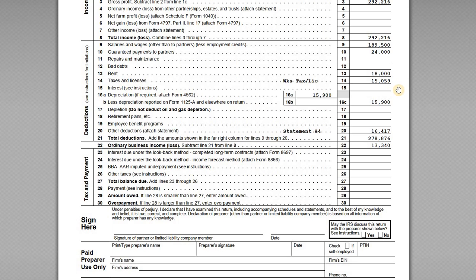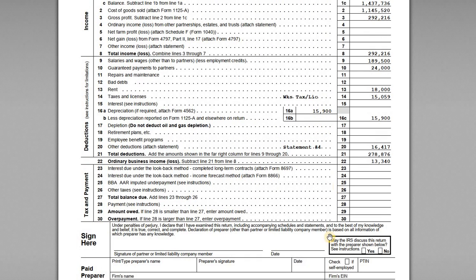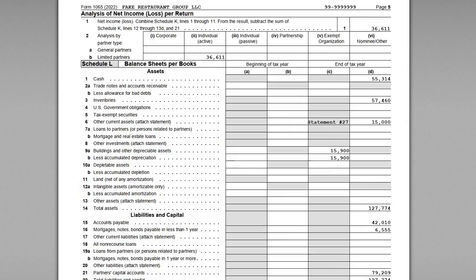That's the payroll taxes and the licenses. And then other deductions, we have a statement that just has exactly that. There are other deductions that didn't have a specific line item already pre-printed here on page 1. And then the depreciation expense, right? So the $15,900, that's our bonus depreciation. So if I go to the page 4562,